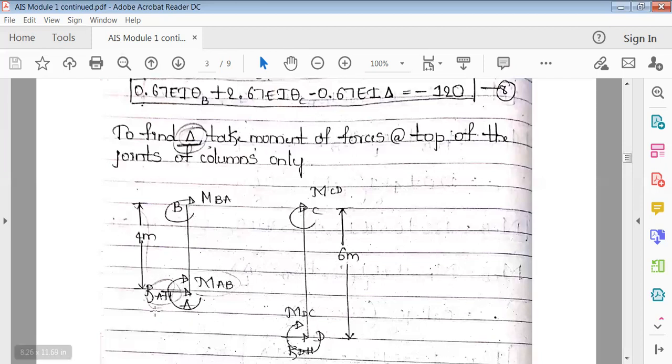So if I want to find RH, now you can see here, end A has a fixed support. Because it has a fixed support, it will have three equations of equilibrium: horizontal displacement, vertical displacement, and a moment. My main interest is to find out the horizontal movement, because I want to find how much the delta value is, how much both the columns have moved horizontally, either to the right or to the left, from their initial position.